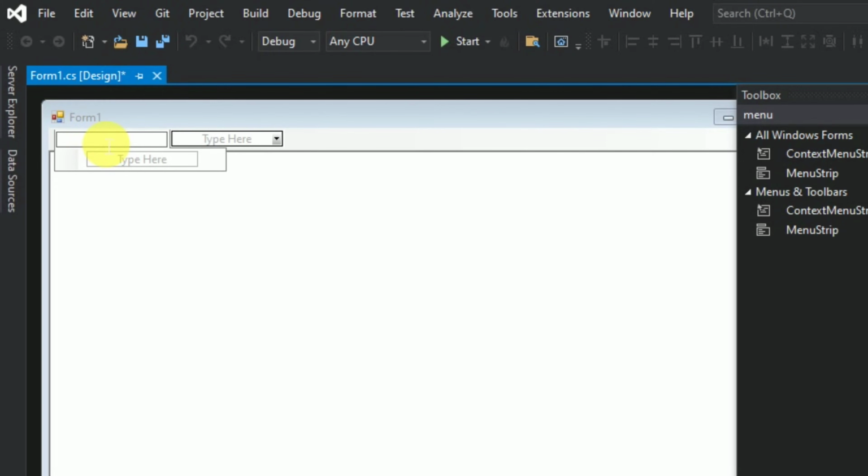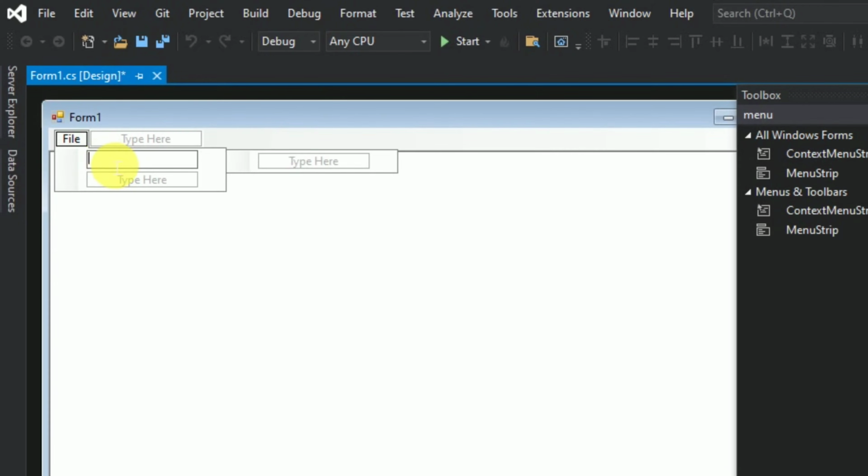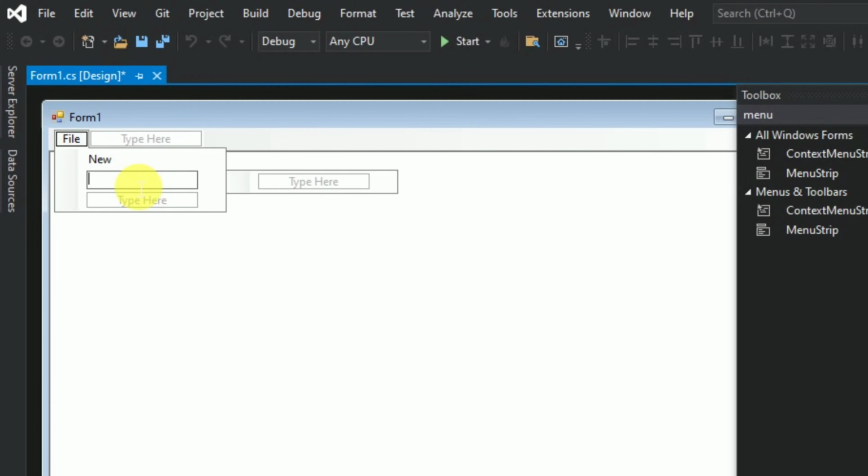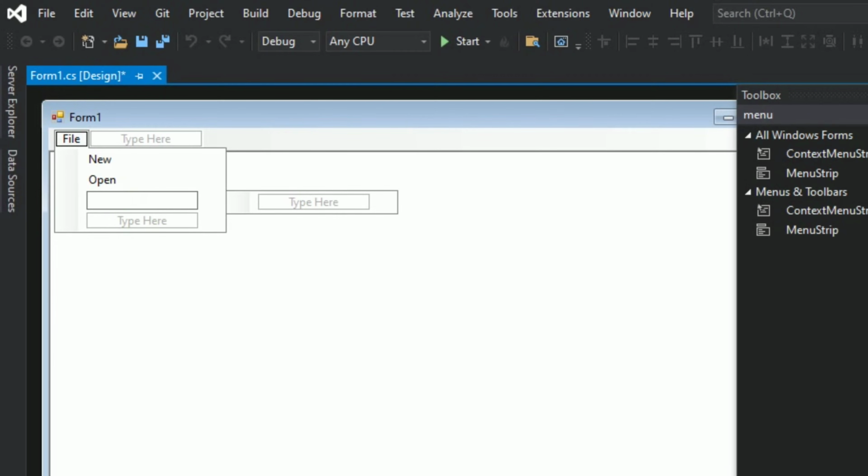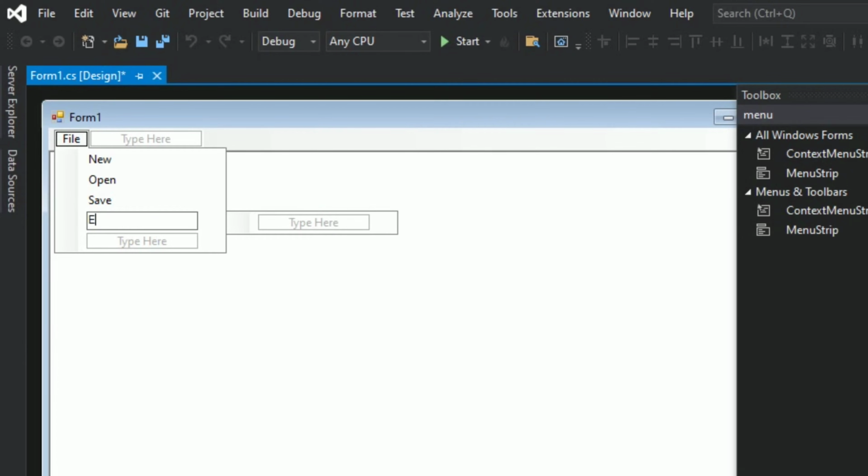Okay, it is giving the suggestion, so now I type file. Okay, and in drop down you have to click and type new, and then again we have to type open, then again save, and at last exit. Okay, so I make sub menus new, open, save and exit.